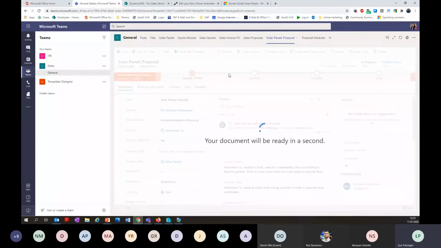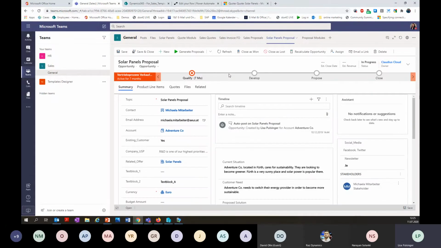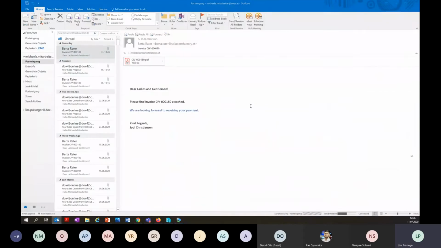So he clicked on send email, and now Docs42 is generating the presentation again and will send it as an email to Michaela Mitarbeiter. So she will receive an email with a nice, personalized text done by Claudius Cloud, and the presentation in the attachment. So if we have a look at Michaela's inbox,